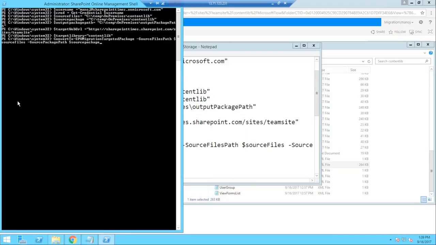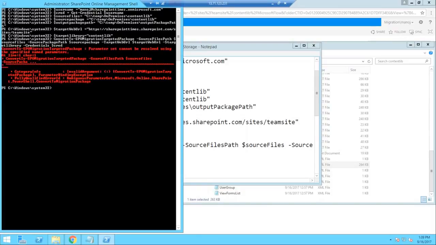Yep. So next we have the target web URL. I have the package variable for the target web URL. Next, we need a document library where we are going to store the content, and according to the format it will create the package. So we have the library path I created above. It's the target library. So I just need to give the credentials. I have also created credentials for this. This is done.